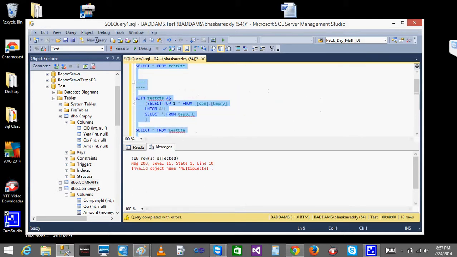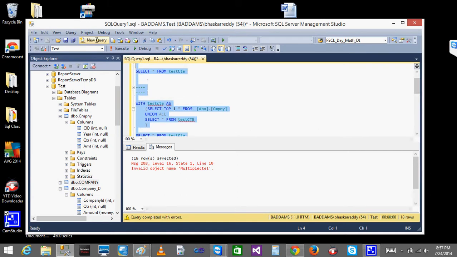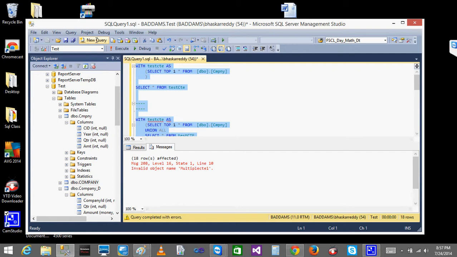One more thing, I'll say some of the differences between CTEs and other stuff. You can call this CTE a view, or a temp table also, right? A temp table stores values only for a certain period, and the CTE does the same thing. In a view you can write queries, and the same thing you can do in the CTE also.